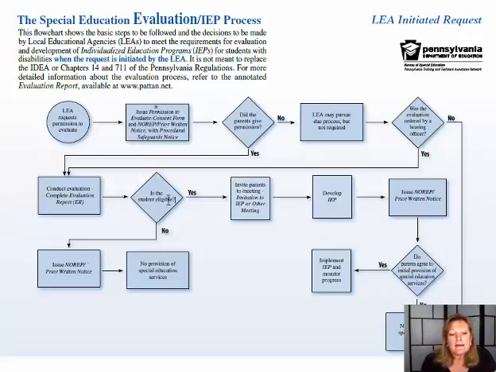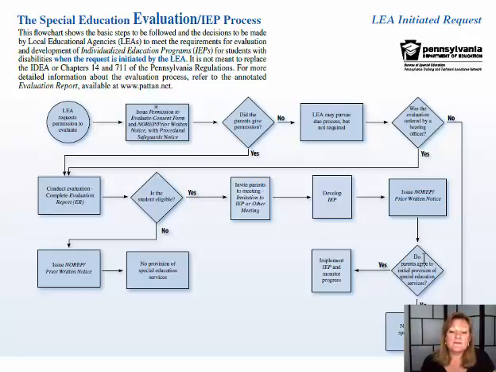Okay? If the school psychologist does feel that the student is eligible, then the parents are invited to a meeting with the school personnel. That's called an IEP meeting, where the school personnel and the parent come up with the individualized education plan and educational supports for the student according to their area of need based on their disability. Okay? They develop the IEP, and then the school psychologist issues the notice of recommended educational placement, which outlines the services that the child's entitled to as part of their special education services.